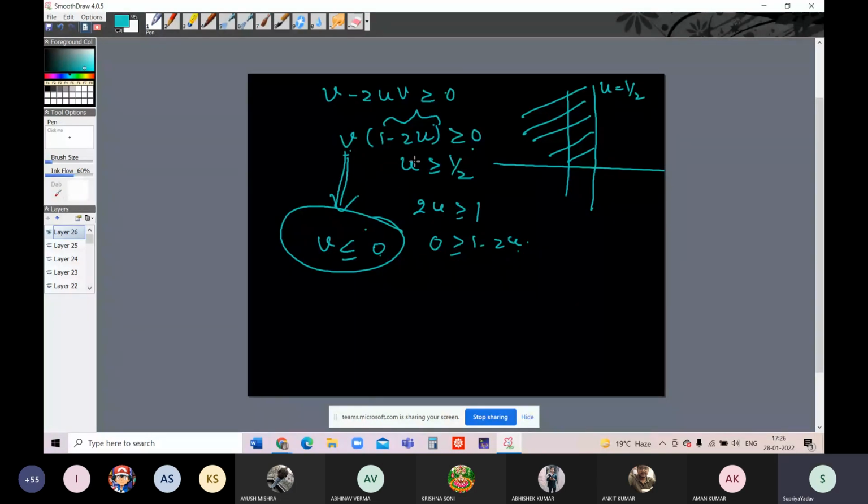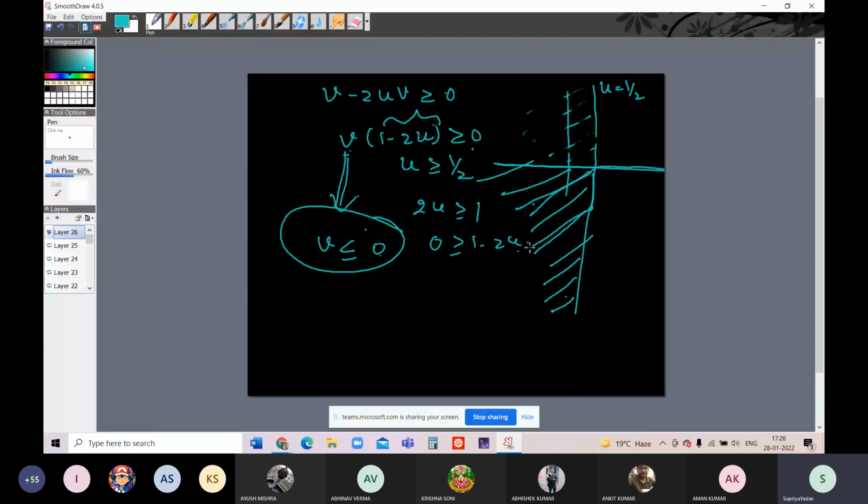Yes, this should be less than 0, तो हमारा रीजन ये नहीं होना चाहिए, रीजन should be v less than or equal to 0. v less than or equal to 0 हमारा रीजन होगा। This is the line v and v less than or equal to 0, ये पोर्शन, so region should be this. नोट्स में यहाँ पे एक जगह मिस्टेक है, इसको चेक कर लीजिएगा, ये यही रीजन है, this will be the region. This is u axis and this is the v axis, ये हमारा रीजन होगा।